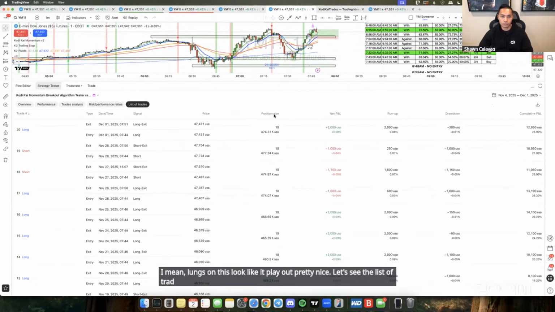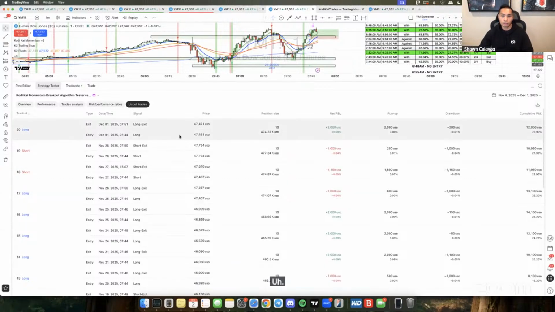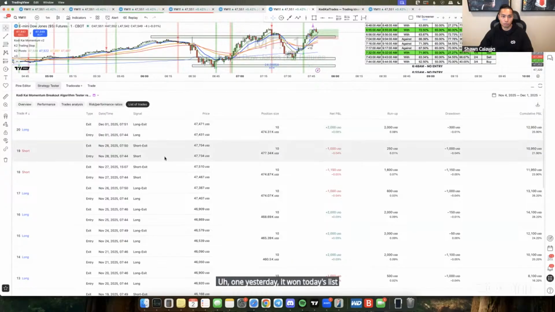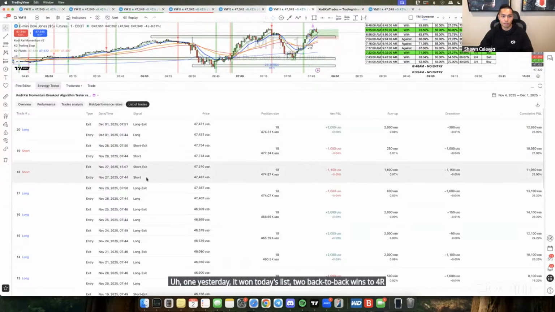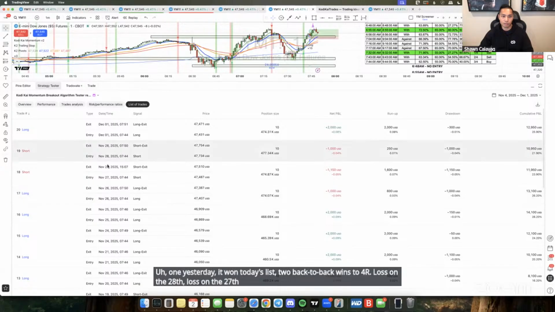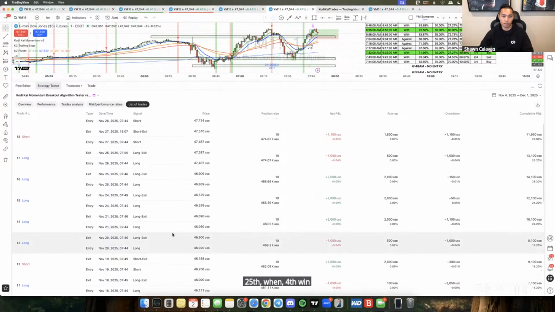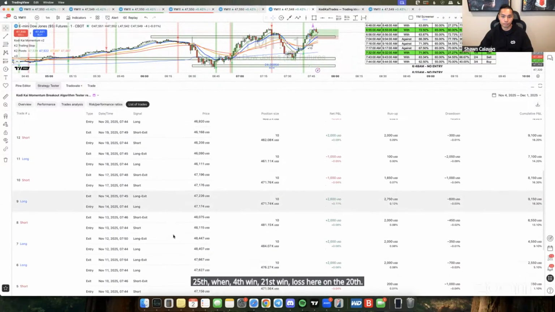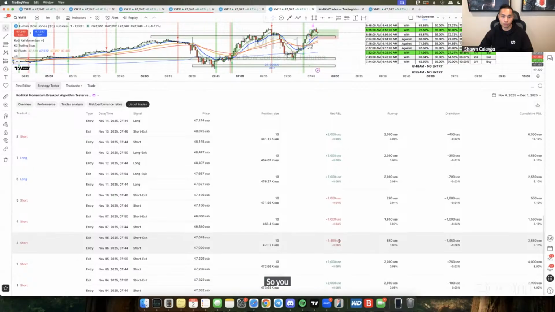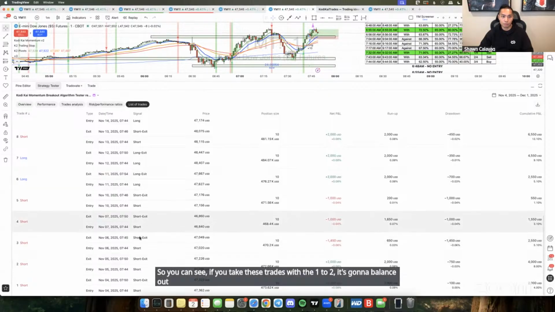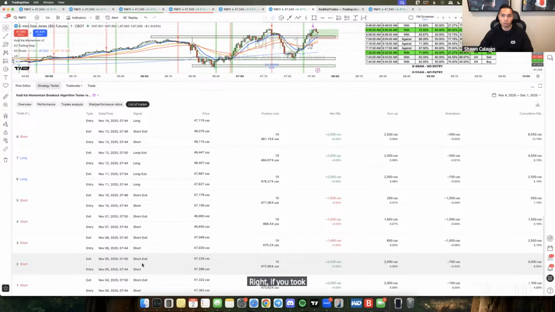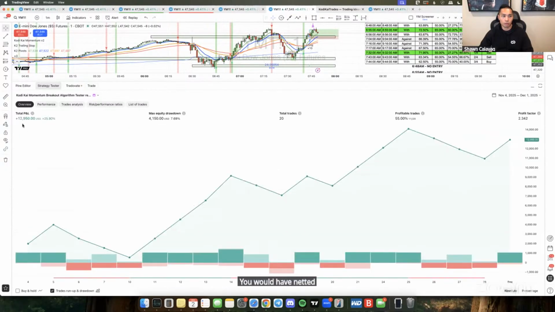So here are all the trades for this month, basically for November. It won yesterday. Yeah, won today, so that's two back-to-back wins to 4R. Lost on the 28th, lost on the 27th. I think this was Thanksgiving, so it wouldn't matter. You wouldn't have taken these trades. 25th win, fourth win, 21st win, lost here on the 20th. So you can see if you take these trades with the 1 to 2, it's going to balance out, right? If you took this one trade at 7:44 every single day for November, you would have netted basically 12,000,